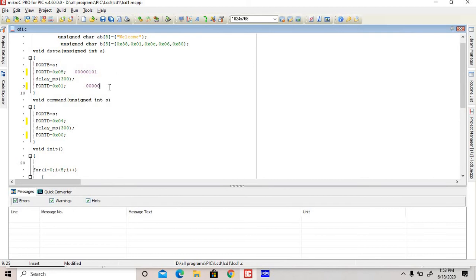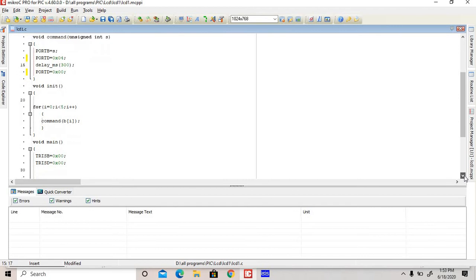In the case of display, command and data have the same values. The only difference is that for data RS equal to 1, and for command RS equal to 0, otherwise same.